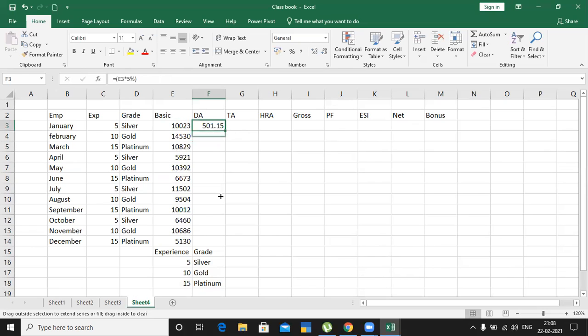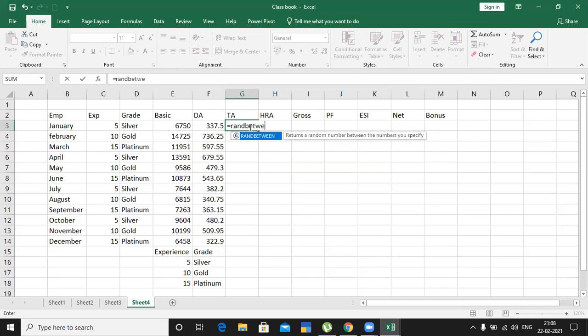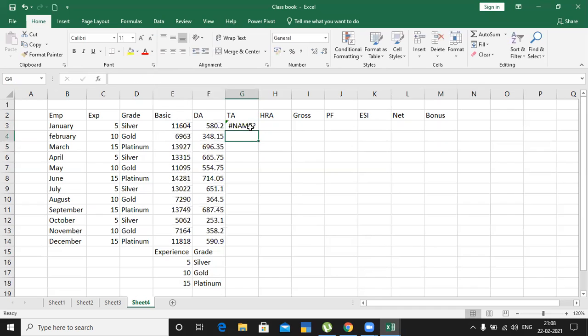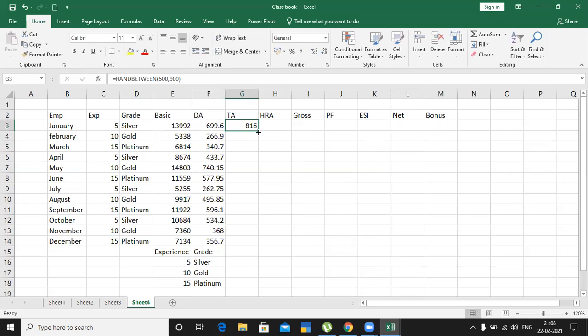Click and drag. Equal RANDBETWEEN 500, 800 or 900, enter. Then click on that.